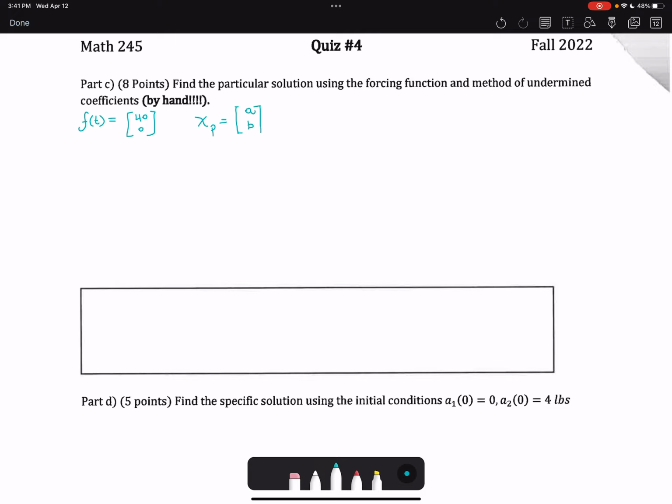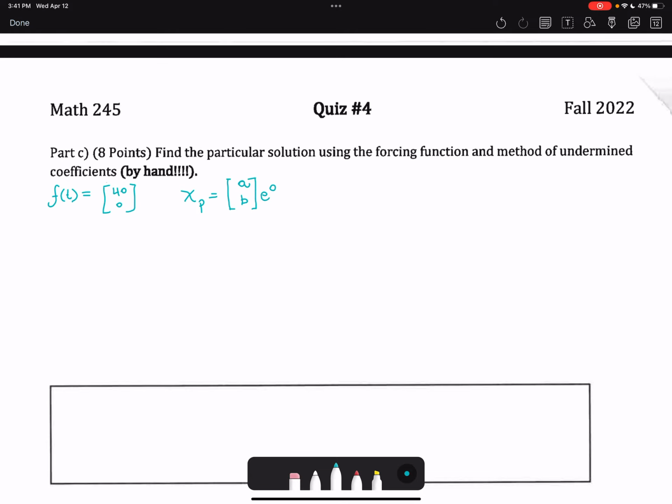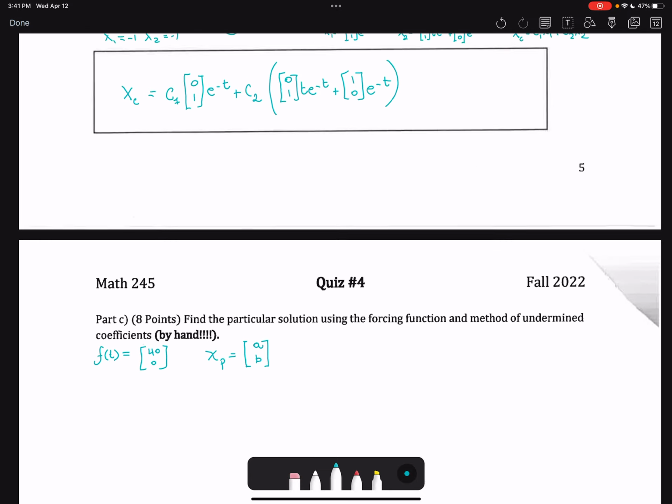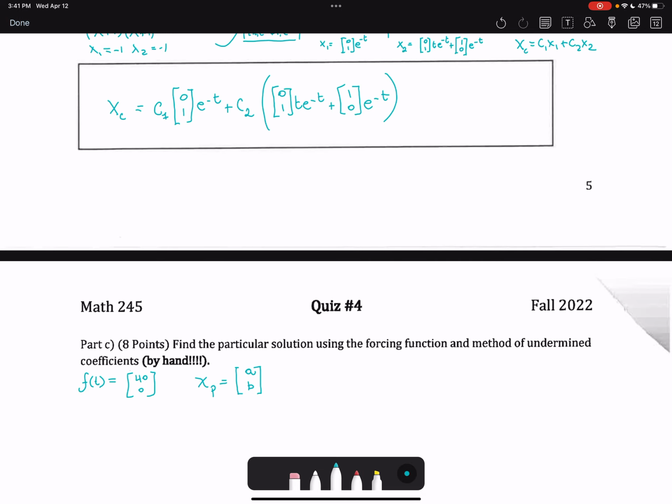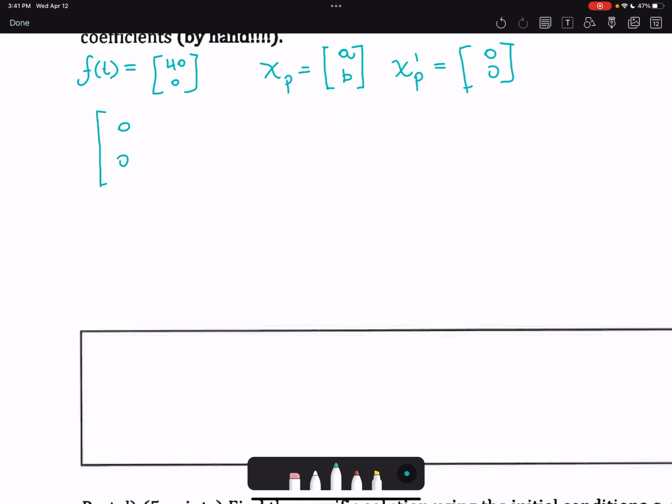A, B. And since we don't have an e to the 0, we don't have any linear dependence with the complementary solution. So we don't need to do anything funky. We can just use that. And if that's our guess, then x prime of p is going to be 0, 0. So then we can say that the x prime of p is equal to A, which is our matrix -1, 0, and 1, -1. And that's going to be multiplied by A times B plus, and this is the part,